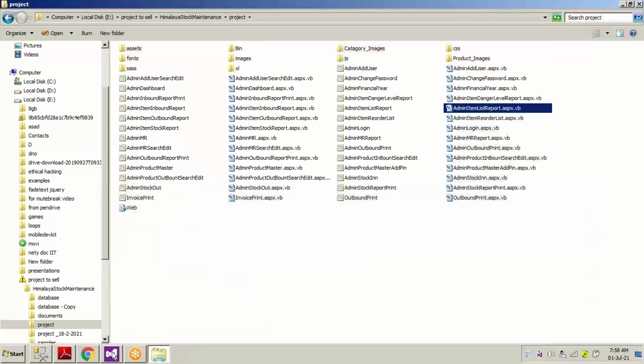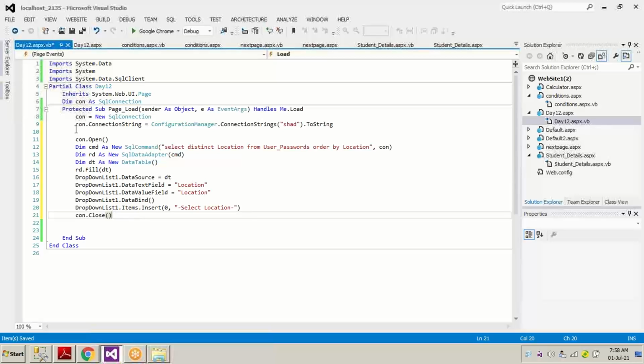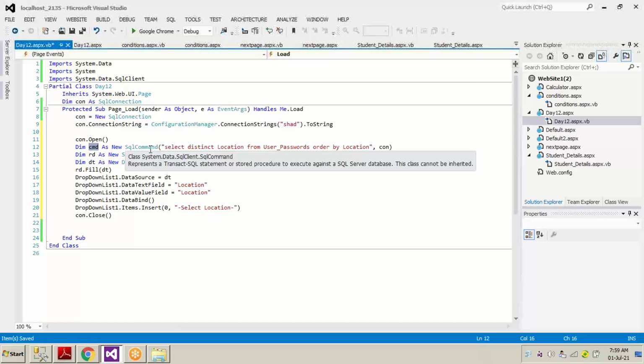So I will be explaining the code to you. First of all, as we all know, we have to open the connection, we have to close the connection. This is the string to connect this particular connection, to generate this connection. This is to open the connection, closing the connection. This is the command. It clearly says dim cmd as a new SQL command. Instead of cmd, we can write your name also, anything. So I just wrote cmd.